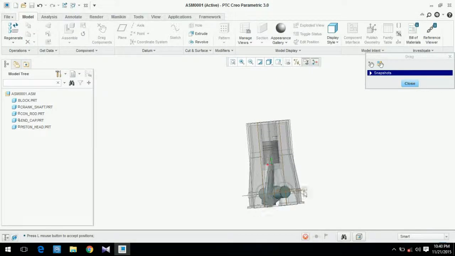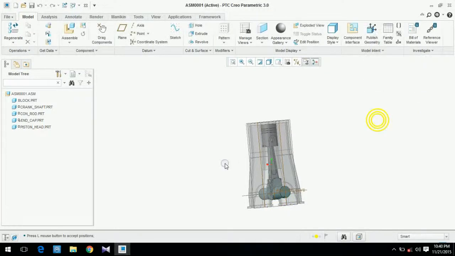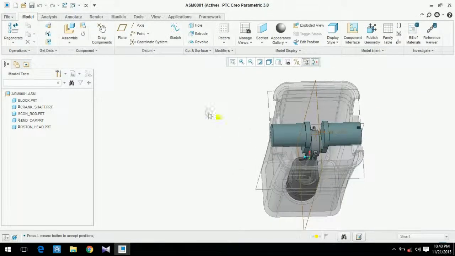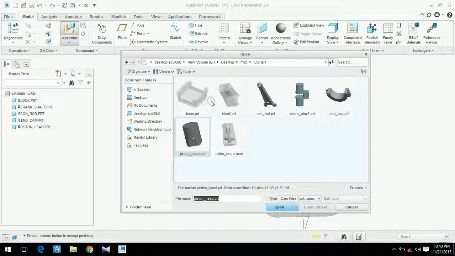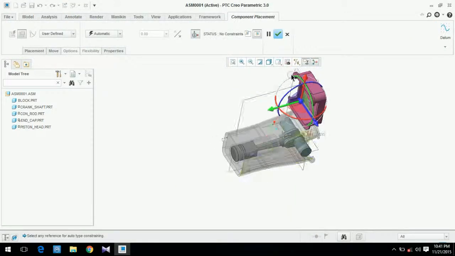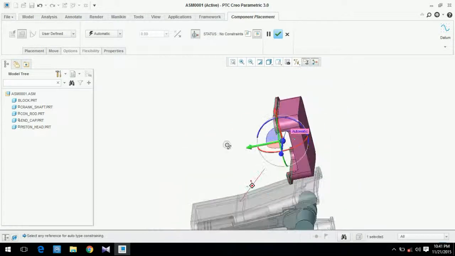Cancel, close. Now again we will have to put a lid on this base part, as we used all of the parts. Okay, base part, select open, and this is the rigid part, it does not move with any of the relations, so we will make it rigid.